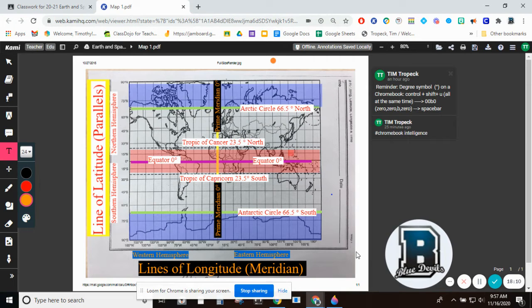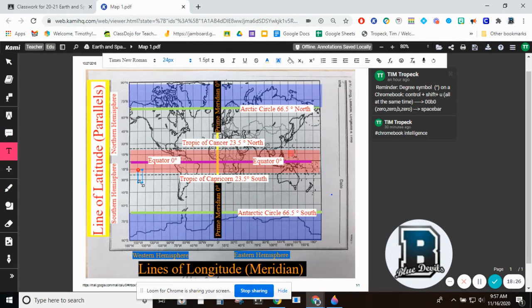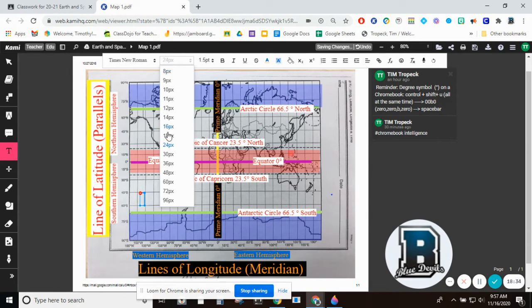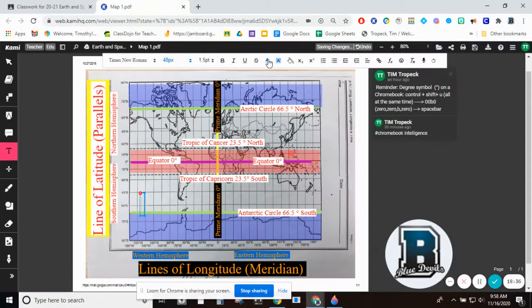Okay, thank you for adding the Western and Eastern Hemisphere. We're now going to add our last line. It is not directly related to our section right now, but we'll be talking about it very soon in part 2 of chapter 6, section 2. So we're going to grab our text box, move it down here so we can type a little easier. We're going to go to 48 font. We're going to write in white, and we're going to use a white background, and we're going to type